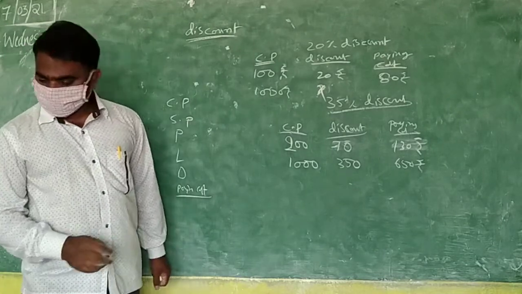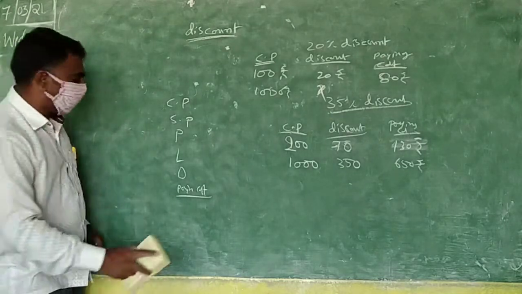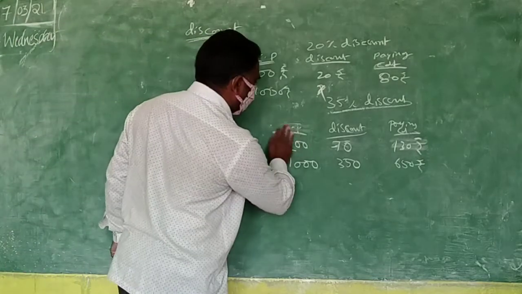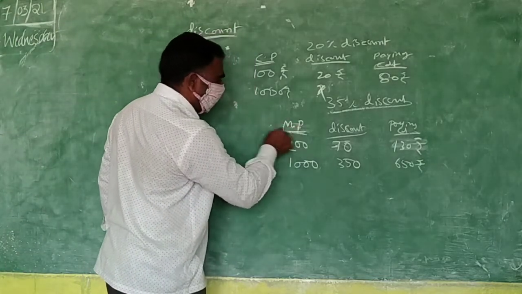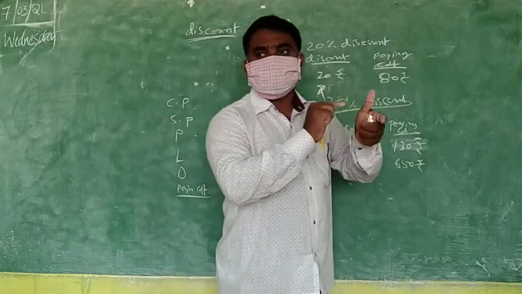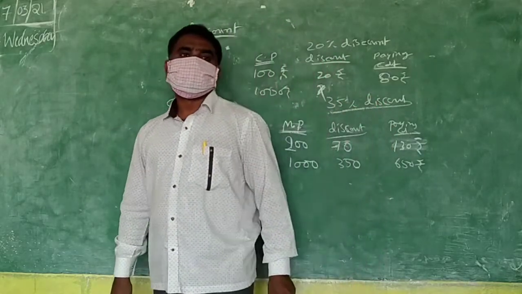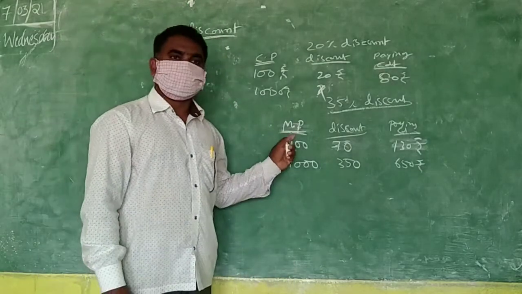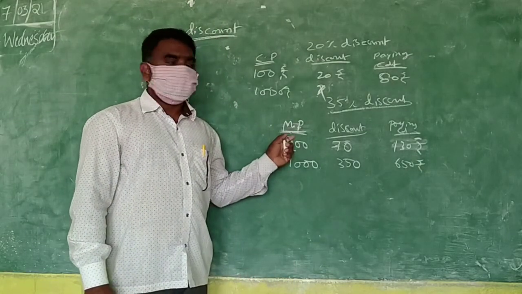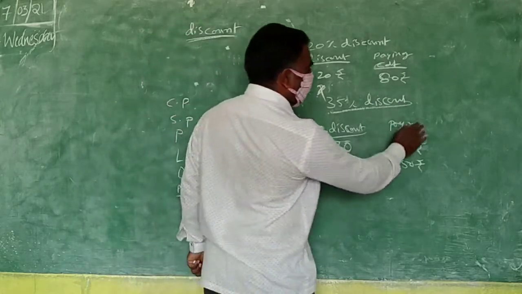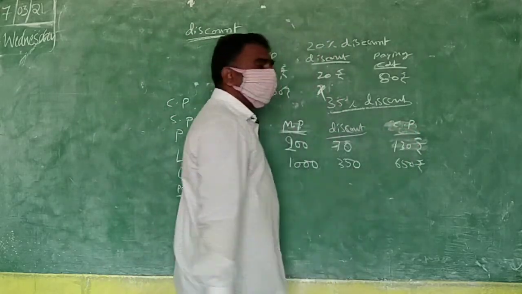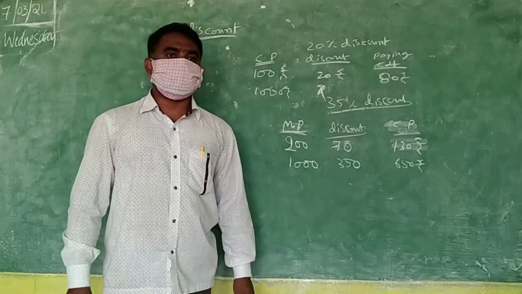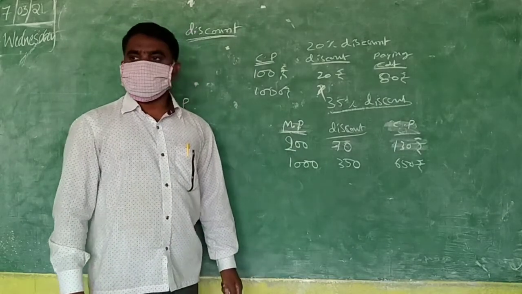And actually, when the discount is given, this will be the MRP, the market price you will say. This is actually the market price. It will be printed on that article. MRP is given. So what is the meaning of that? Market price, MP. And the paying cost is called CP. Anyhow we are paying for them, that is CP now. So you remember the terms like that.